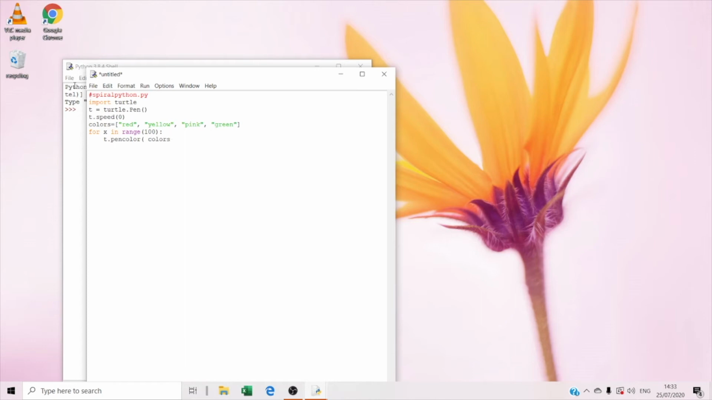So we typed colors and then brackets and then x. So this is, wait, sorry. So this is called the modulo. This is called modulo, space and then 4 brackets and enter. And right now we're gonna type t dot